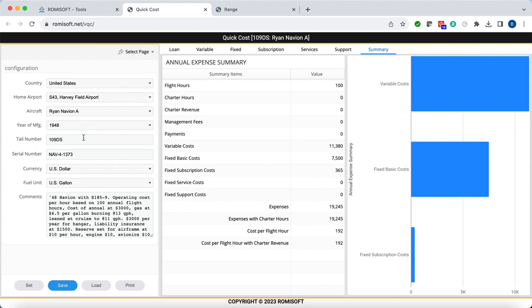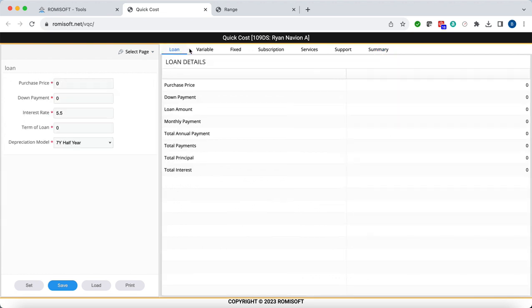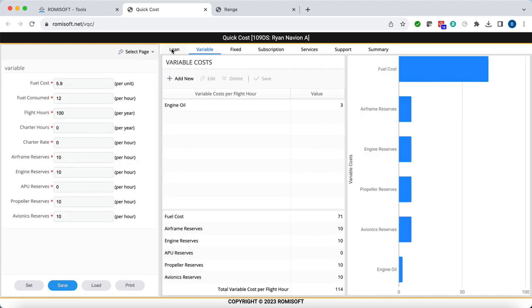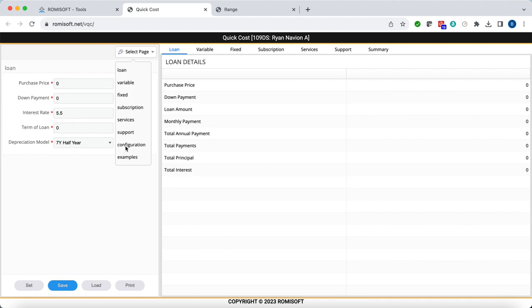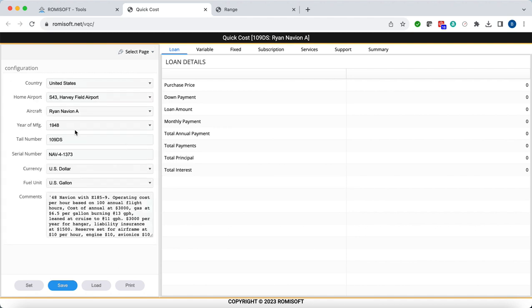Year, it's '48, tail number 109 Delta Sierra. There's the serial number. All the currency that I use in here is based on dollars, and my fuel unit is gallons. So if I go back here to summary,